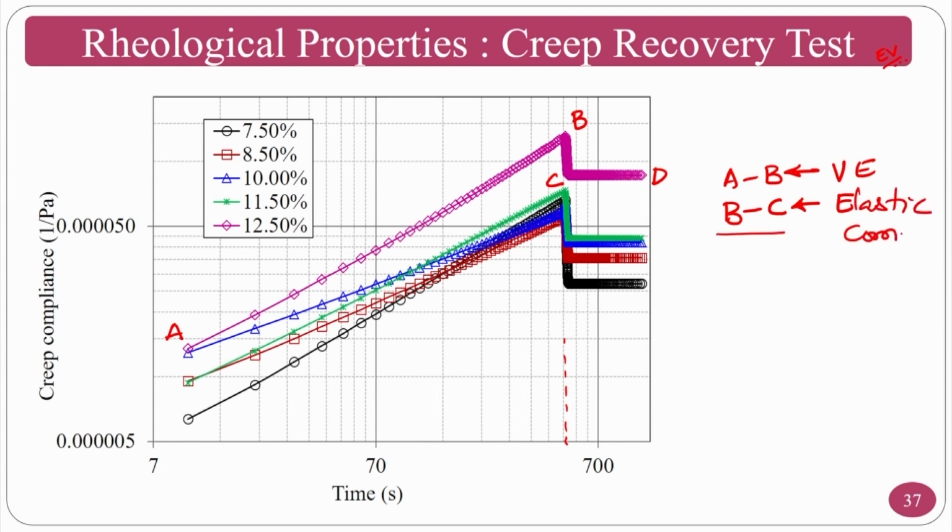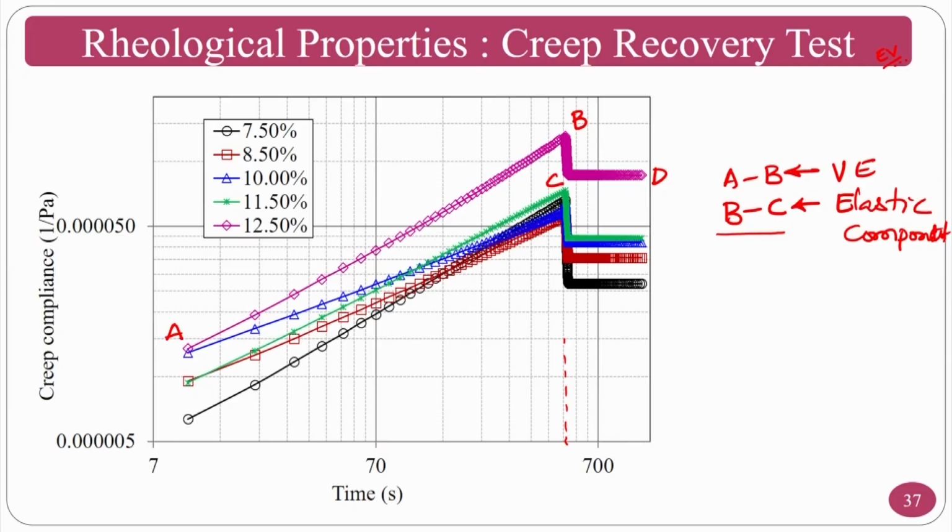Okay. Now you know the viscoelastic component and you know the elastic component. If you subtract, then what do you get? You will get your viscous component. Now I can understand what is the viscous component in the medium and what is the elastic component in the medium. Now if I can experimentally find this viscous component as well as the elastic component, in those circumstances I can understand whether this medium is elastic dominant or viscous dominant. If it is elastic dominant, then what will happen?